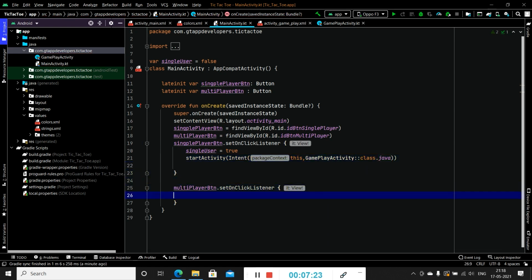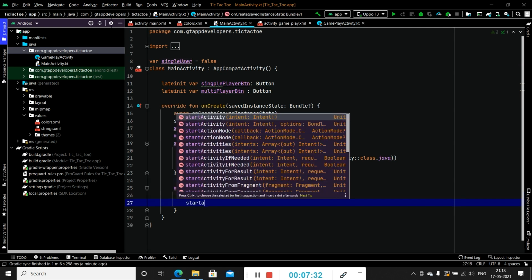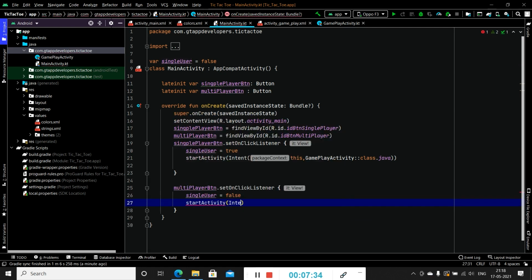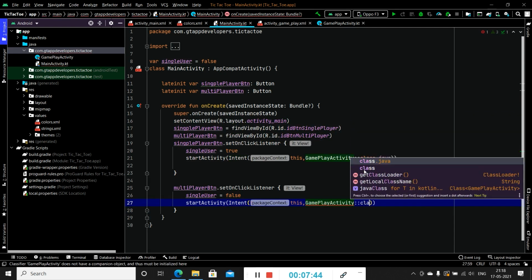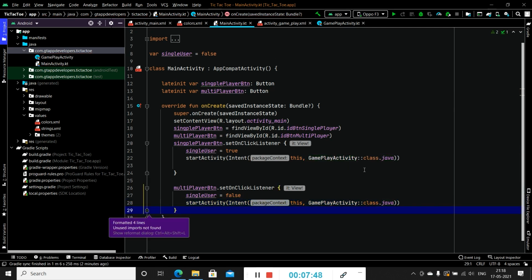Now in multiplayer we have to change single user to false. We have to simply start activity, and we have to specify the activity which we have to open, that is GameplayActivity. Now we have completed the coding in the MainActivity.kt file to open a new activity when user clicks on any of the buttons.